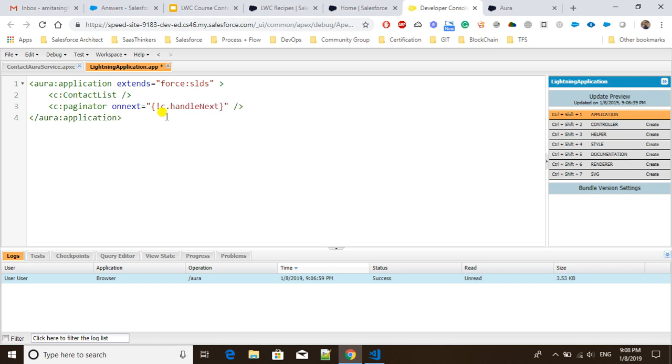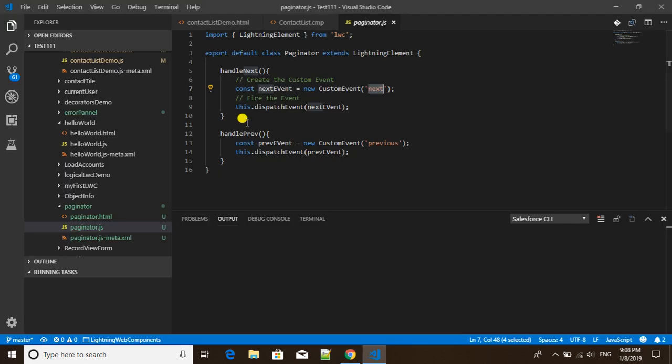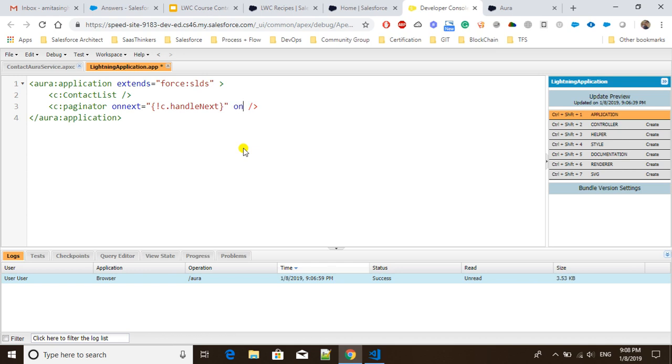And that's it. We can also use on previous. Let's copy this event name and say on previous, and we will save it as handle previous. Okay, now let's go ahead and go to the controller of this particular application, and here in the application we can